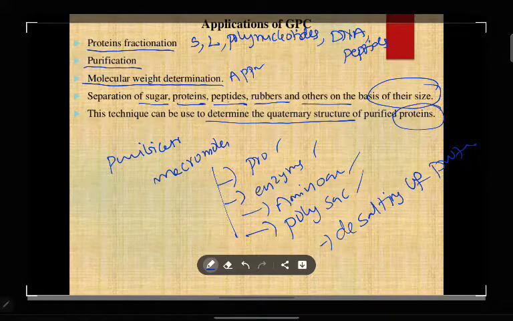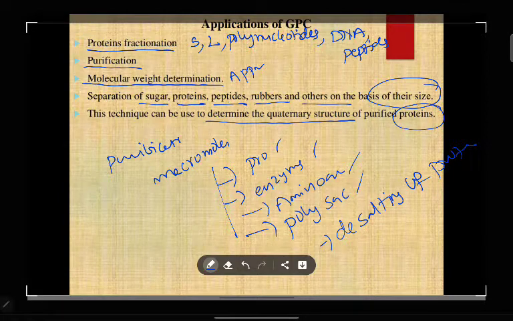Normally the particle size we use is 50 to 3000 angstroms, because most of the analyte molecules are available in that range. That is the reason we are using 50 to 3000 angstroms.